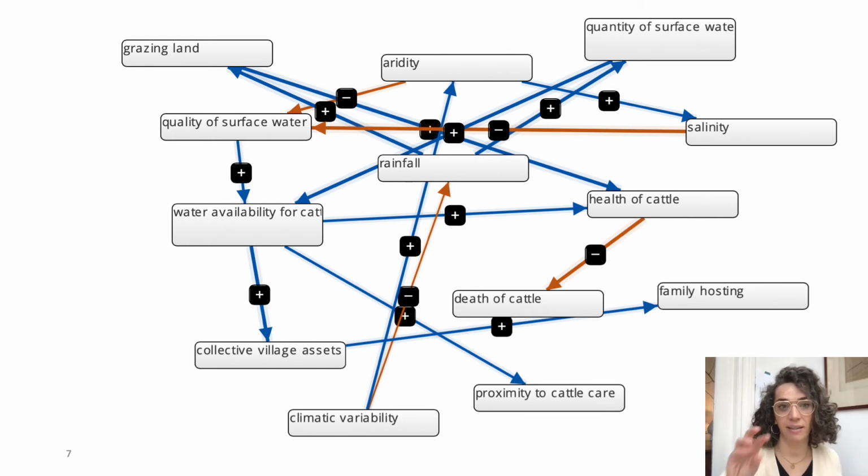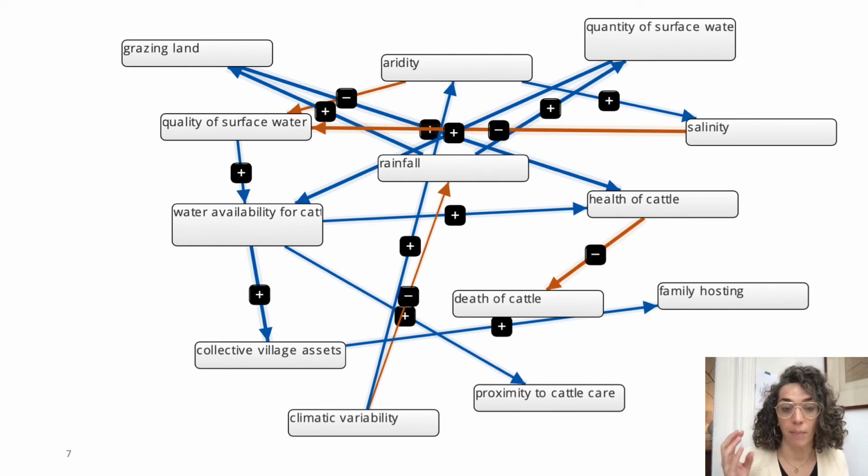So what you see are these sort of white boxes, right? And these are the concepts. So these are the words that he mentioned according to his perception of this issue. You also see arrows connecting these. So there are red arrows and there are blue arrows. You'll see a positive and a negative. And the negative on the red arrows means that is a negative relationship, negative influence. And the blue is positive.